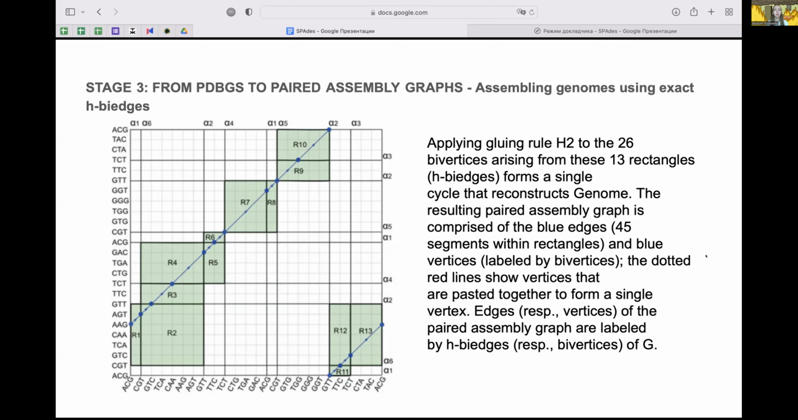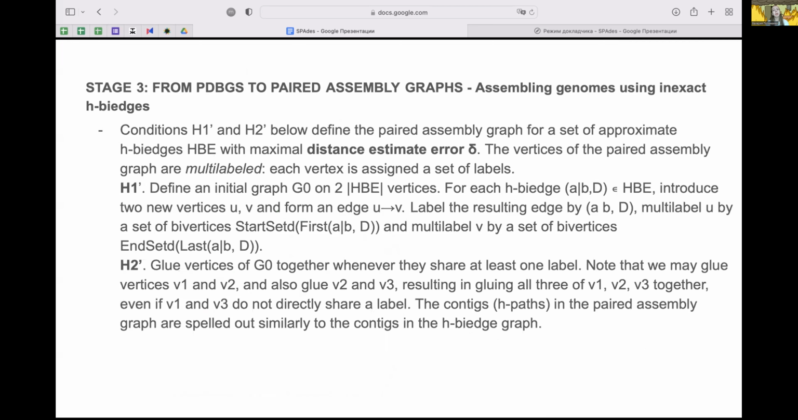But the problem is that in real life we don't know every exact distance. So next slide, please. We should work with distance estimate error delta. And this is how we modify the previous algorithms. So now we work with